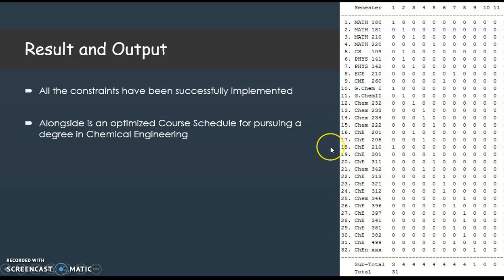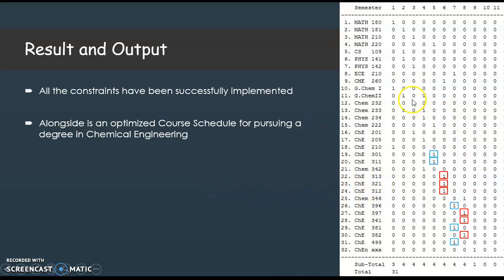As another check to see if our course offering constraint is working, we can see that these particular courses highlighted in blue are offered only in fall semesters, which means they should be taken only in odd semesters, which we can see are the 5th and 7th semesters, which are odd. For the courses offered only in spring, they are also taken by the scheduler only in the even semesters. This again proves that our constraints have been successfully implemented.